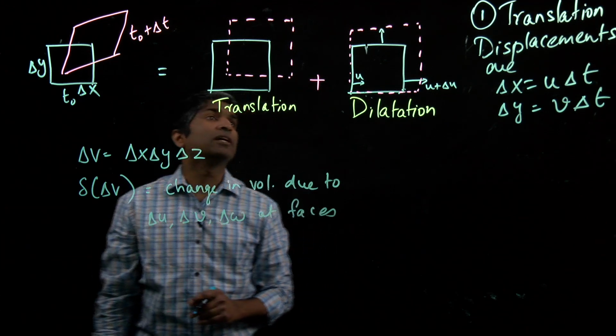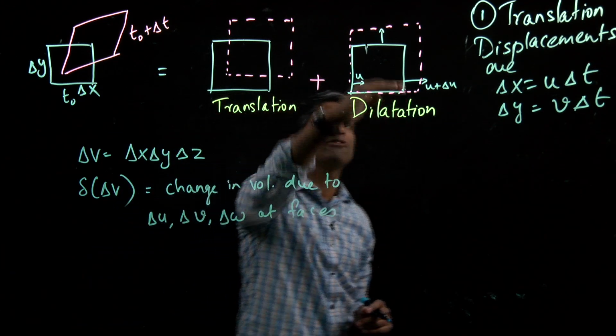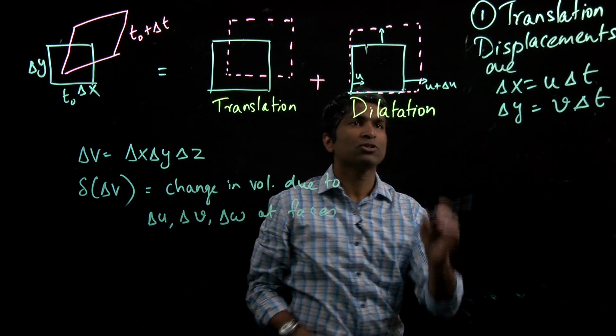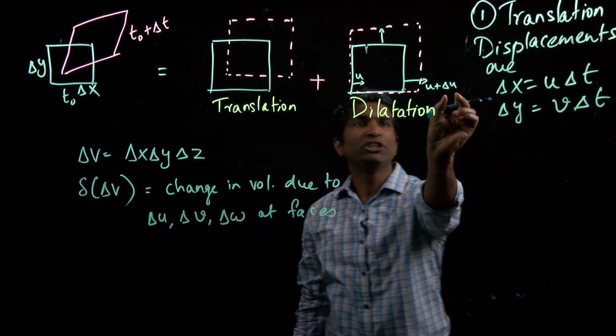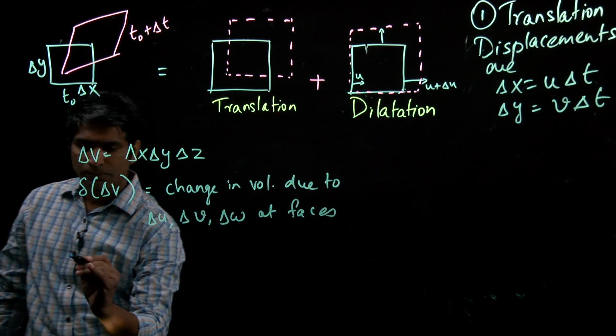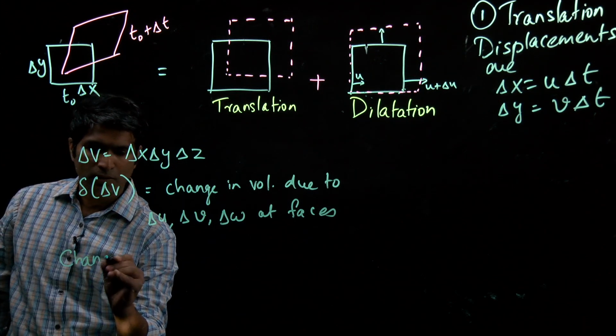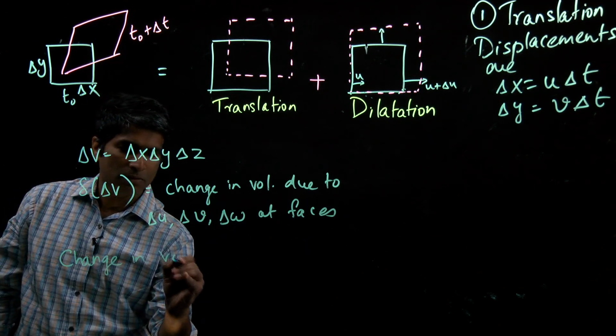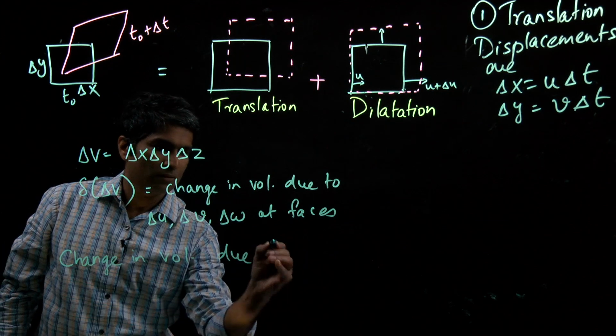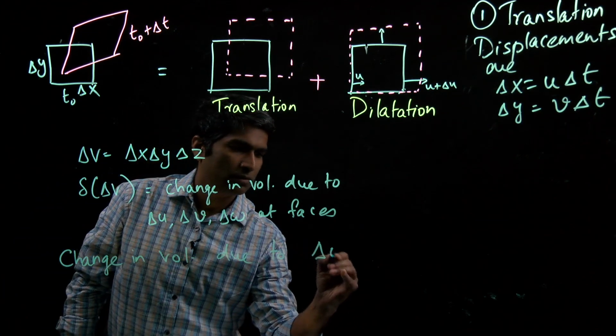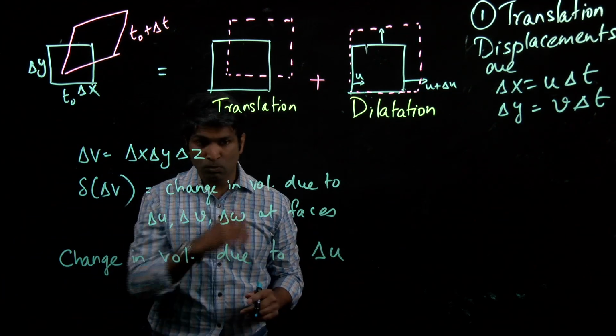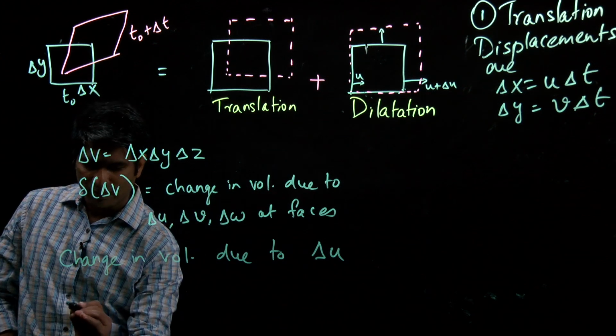So let's look at just the x direction for now. So if I ignored the v velocity and I just looked at the change in volume due to delta u, so delta u would trace out a delta delta v of